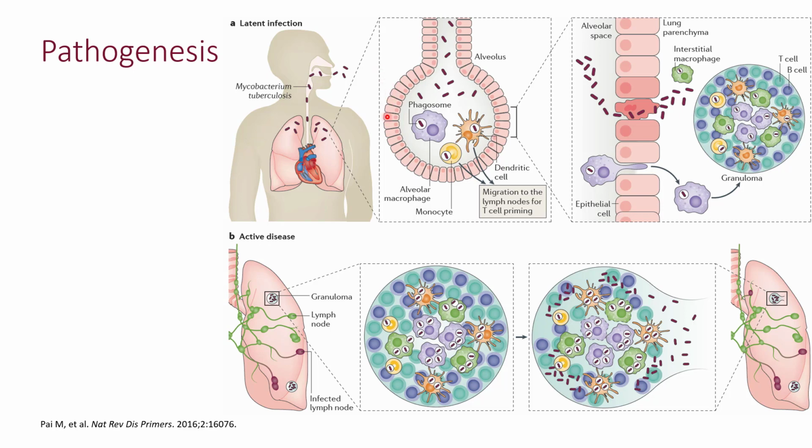Once the bacteria get into the alveolar space, they encounter the alveolar macrophages. The immune system starts to kill the mycobacteria. If the first line defense fails, the mycobacteria can penetrate the lung interstitial tissue and enter the lung parenchyma. In the alveolar space, the dendritic cells will present these mycobacteria to the lymph nodes for T cell priming. Then the lymphocytes, both B cell and T cell, will come and find the mycobacteria in the lung parenchyma and